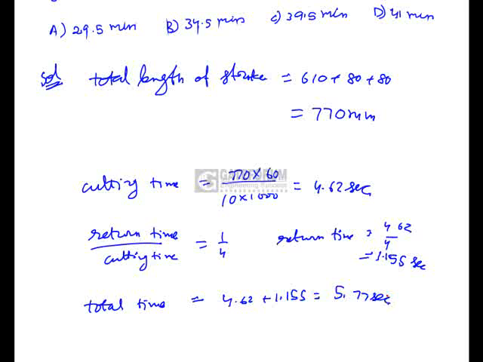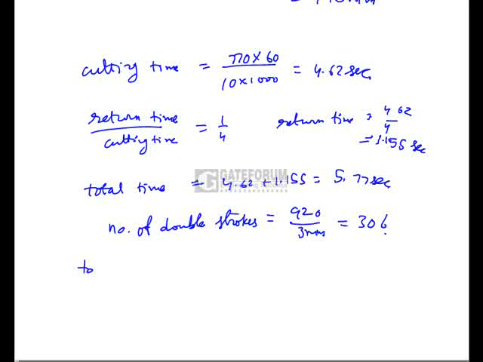And here the number of double strokes required is 920 by 3 mm, that is the feed rate, which is equal to 306 nearly, and the total time required to complete